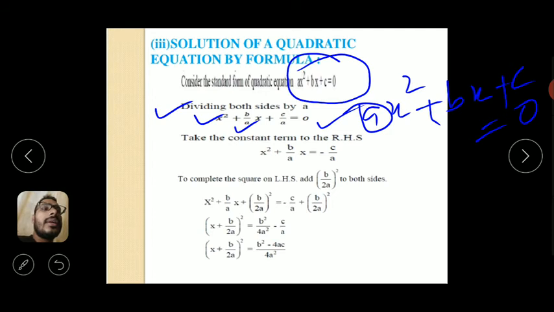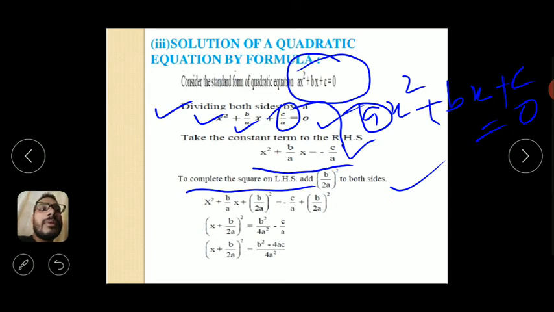Right. Now, the way we have said in the previous part of this topic on how to complete the square, the constant term, that is c by a, will be shifted to the right hand side and becomes minus c by a. So x square plus b by a x equals minus c by a. Now to complete the square on LHS, we are adding b by 2a whole square to both the sides. Why add b by 2a whole square? To complete the